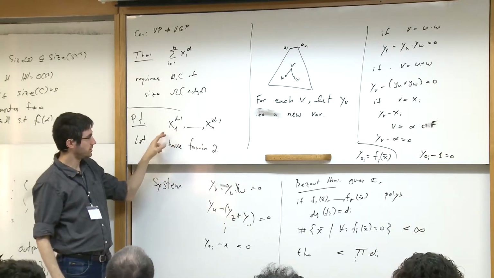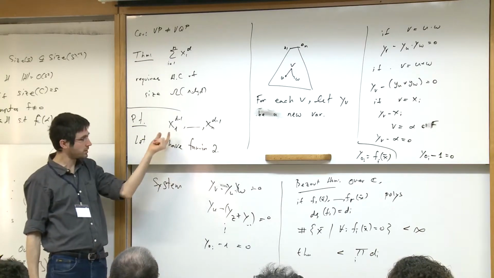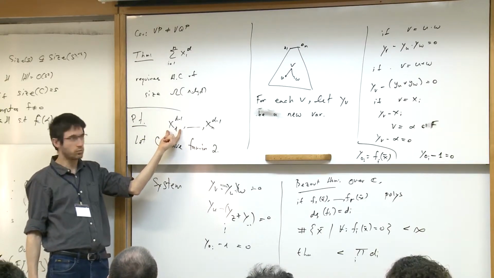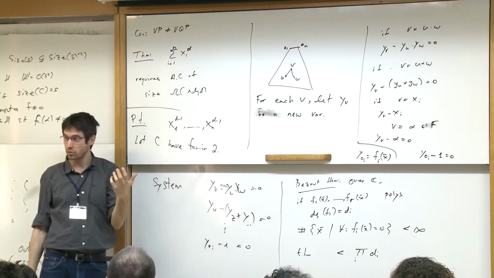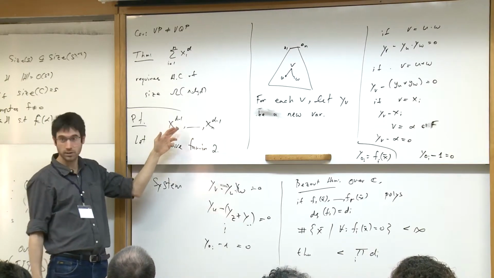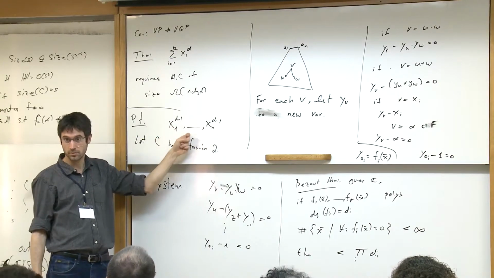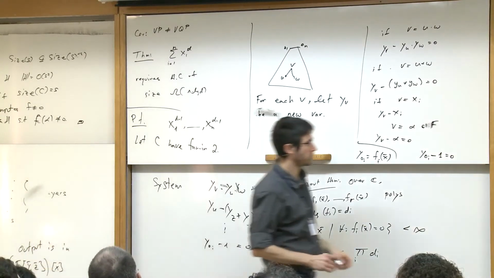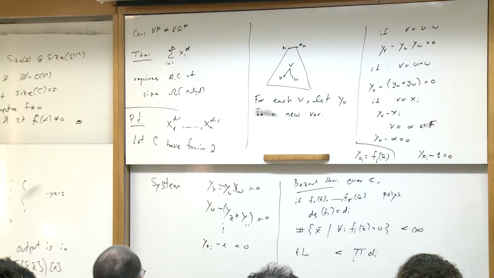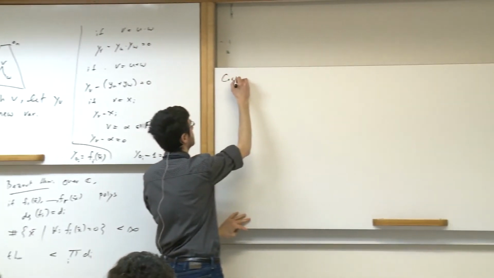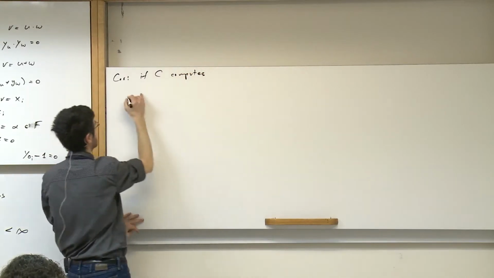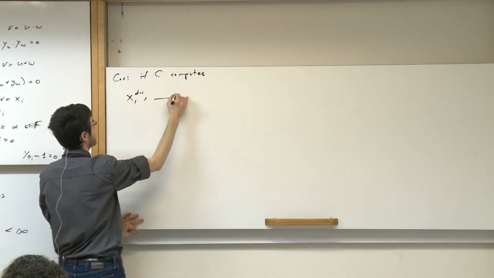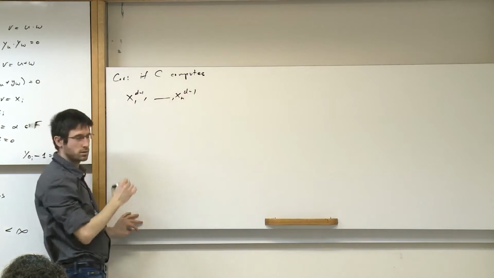So we know that we wanted this output to be equal to 1, that output to be equal to 1, that output to be equal to 1. So the total number of solutions is d minus 1 to the n, right? Because every one of them contributes d minus 1. So here's a corollary of what we wrote. Corollary: if C computes x1 to the d minus 1 up to xn to the d minus 1, then